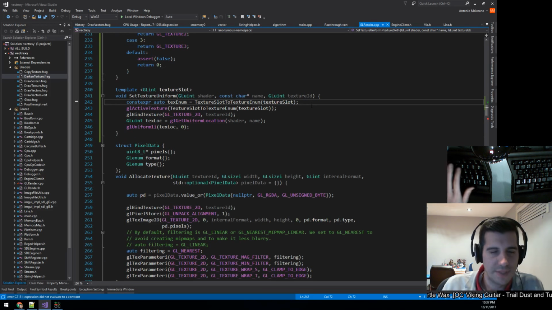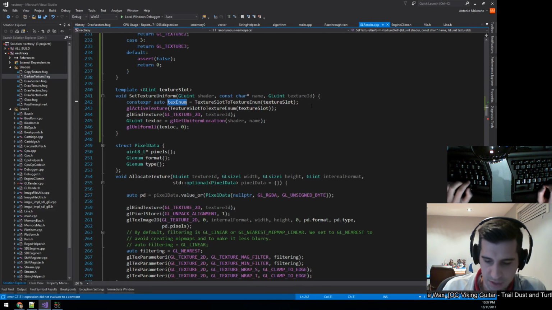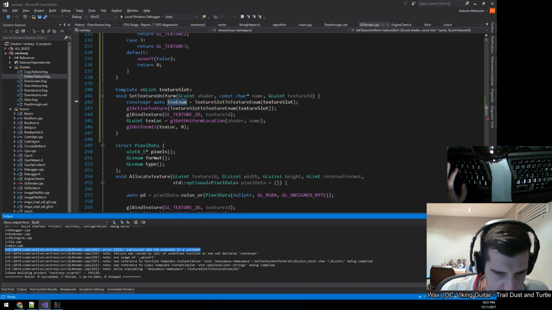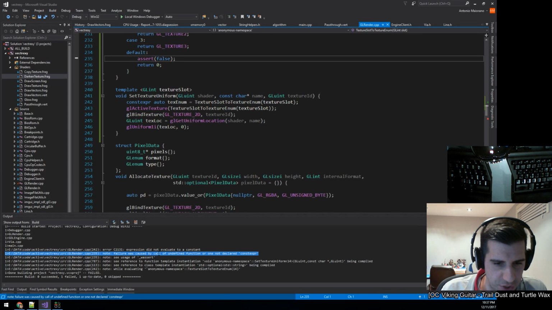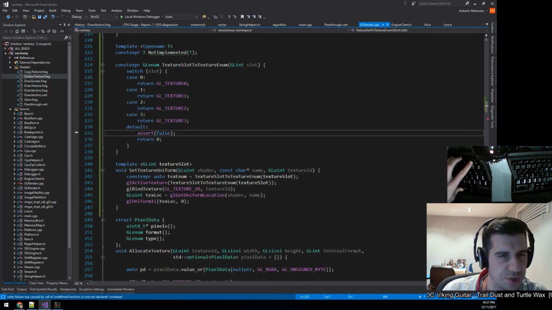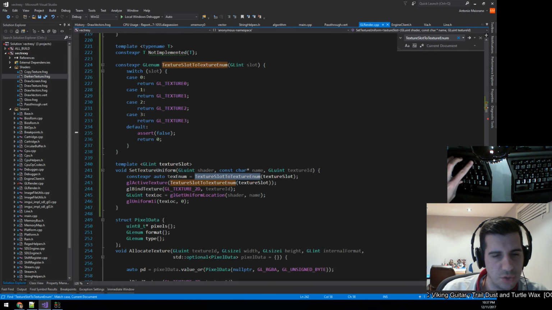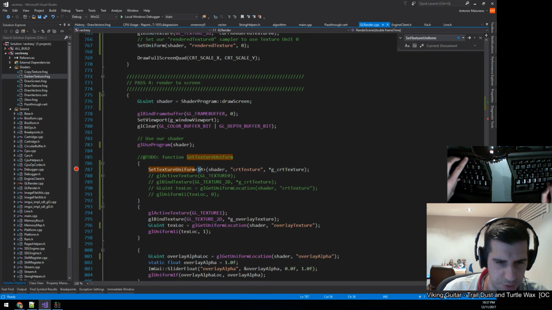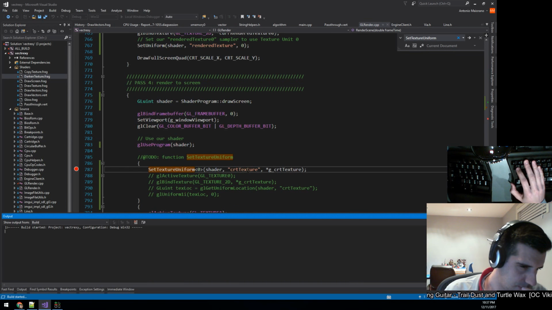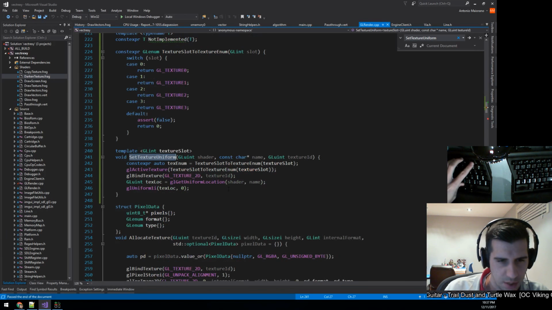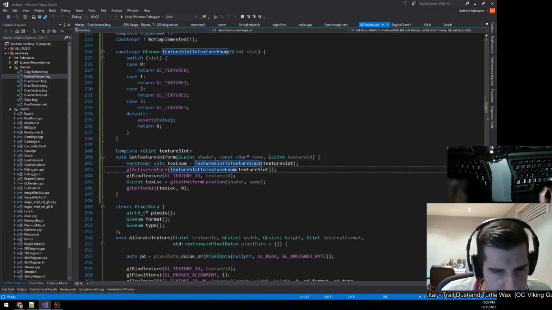Compiling this in debug did something, because I guess this didn't get discarded. Yeah, so you're saying failure caused by usage of undefined function because of the assert. Interesting. Would this change if I put a valid value? It does change. Okay, so now I'm thinking if I pass this in here,